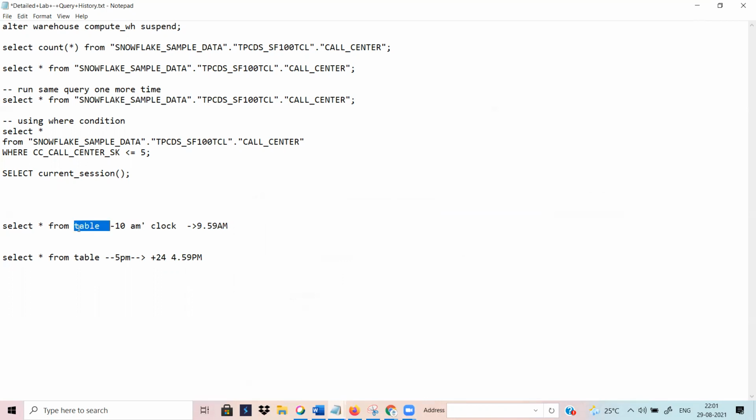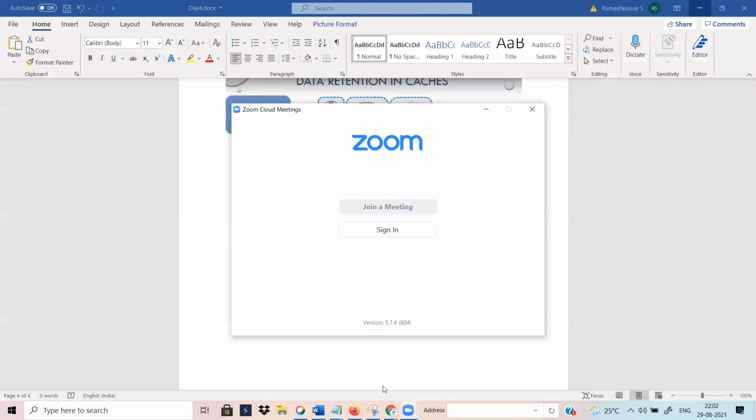As long as you use the result cache, if you use it at any time in the middle, it is calculating the same query for the next 24 hours. After the next 24 hours, if you didn't use the same query, your result cache is going to expire. Otherwise, if you reuse it after 5 hours or 10 hours, it calculates again for the next 24 hours. It goes on like that. Okay, so that is one of the advantages.